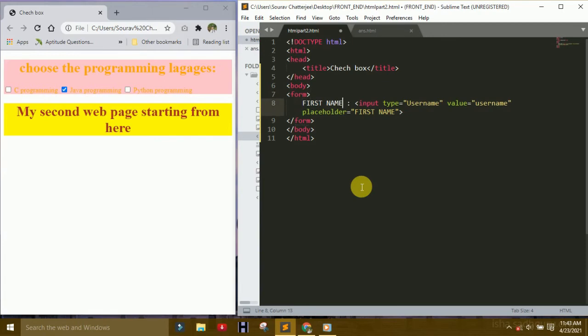Same to same. I use here password. So change the username as password. Also password. Why use value? Value is the sense of humor. So understand the user who makes the changes in programming or code. That time that user understands what is the value, what is the placeholder, those things.